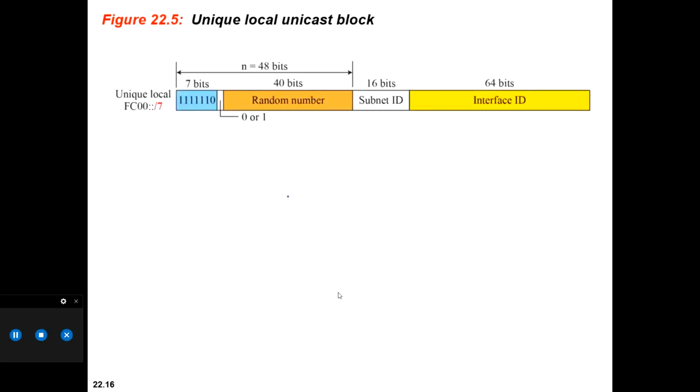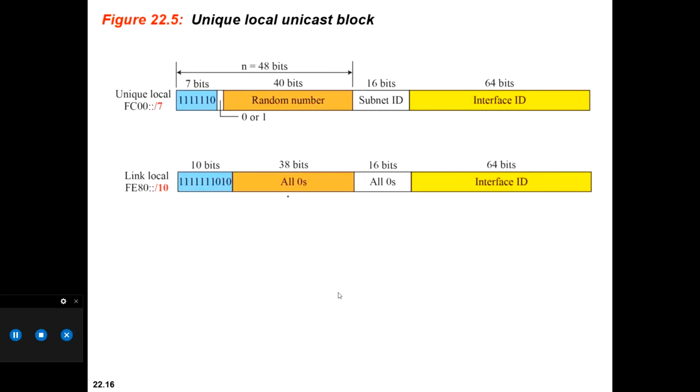Now this was about the special addresses which we have seen, and we will come to other assigned blocks. This was the unique local. Some of them are important. This is for auto configuration, that is called link local. Link local, very important. 10 bits are fixed, and that's why we use this notation.